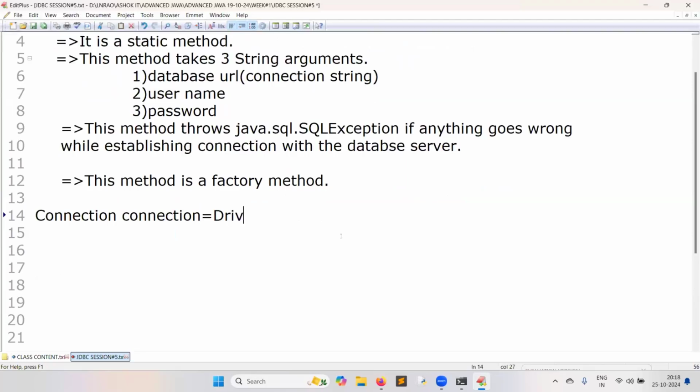Connection is equal to DriverManager.getConnection. Internally, the getConnection method somehow gets the connection with the database server and returns the connection object to the program. A method that produces an object and returns the reference of that object is known as a factory method.